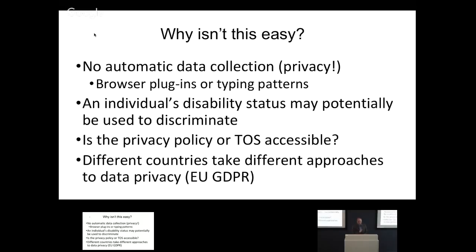It gets even more complex because, again, the gut instinct is, well, we have millions of users, we can collect data online. Automatic data collection is actually very problematic for users with disabilities, right? There would be ways that you can automatically sense if someone has a disability. You can look at their plugins, you can look at what assistive technologies are running, right? You can even look at their typing patterns. And sometimes the typing pattern could be a sign that they have a certain type of motor impairment. But that leads to many problems, and that's been discussed very often in the accessibility community, that if you can sense that someone has a disability without the individual sort of outing themselves as having a disability, that can lead